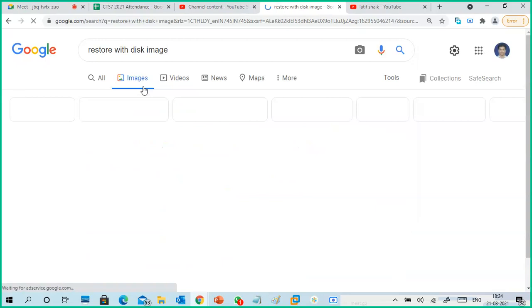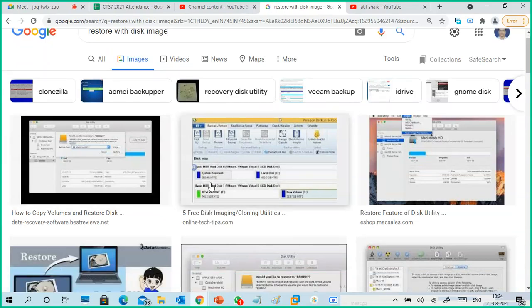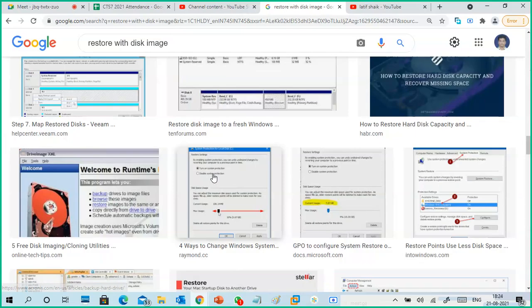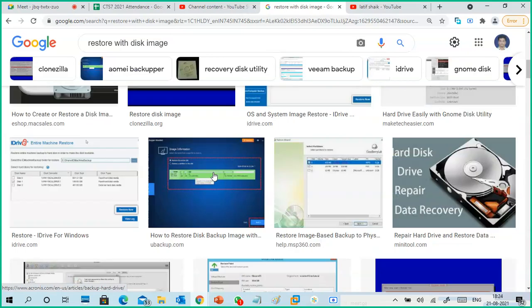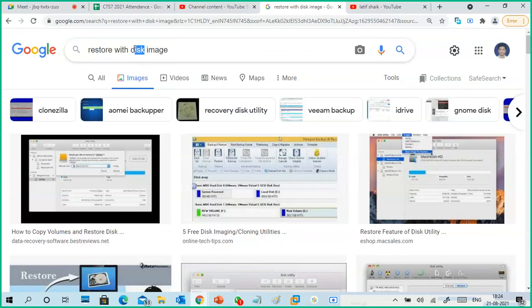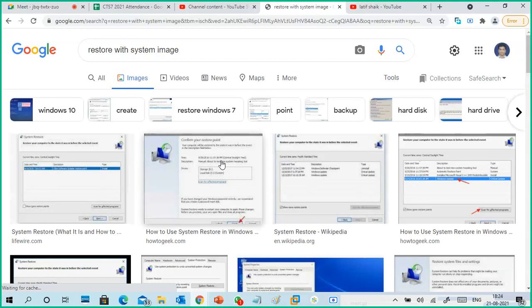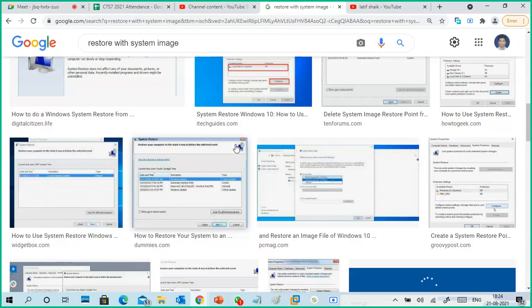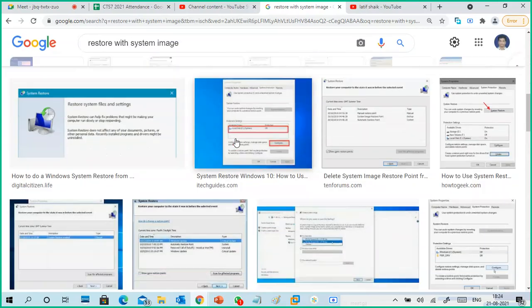No, no, no, no. Disk image or system image. Not these things. I want the error. That's why when I type, don't trust these things. System image. Yeah, like this one it will generally show, but they are showing data outputs.